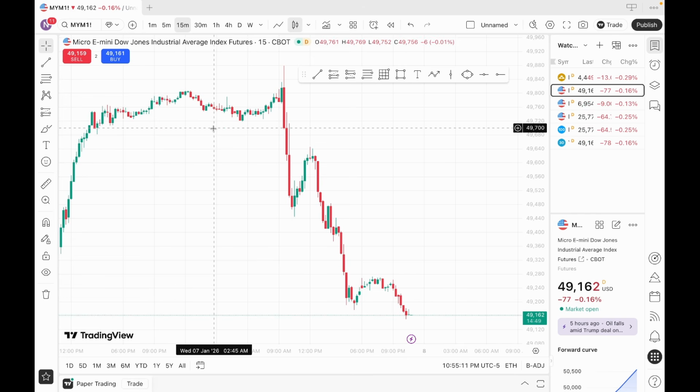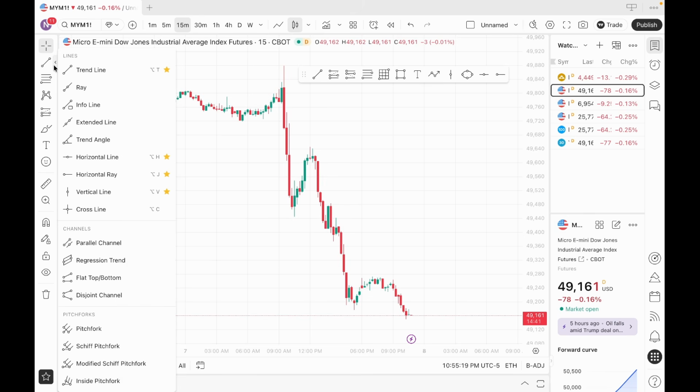I'm on it right now. Okay, perfect. Yeah, I got it open. Okay, so go to the sidebar right here. You're gonna click on the first one, should be like a crosshair, right? Yeah. Okay, we're gonna go to the second one, and you're gonna star. There should be stars on the side every time you hover over every single one, right? So you're gonna star trend line,